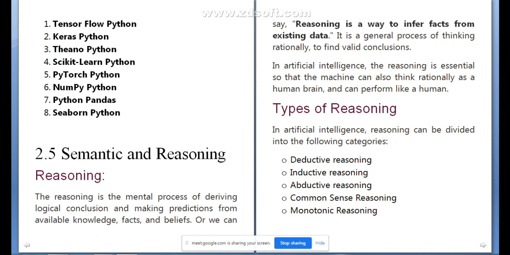Okay, so this is about the languages which are used to develop artificial intelligence. Understood? Yes, sir. Okay, okay. So next topic,